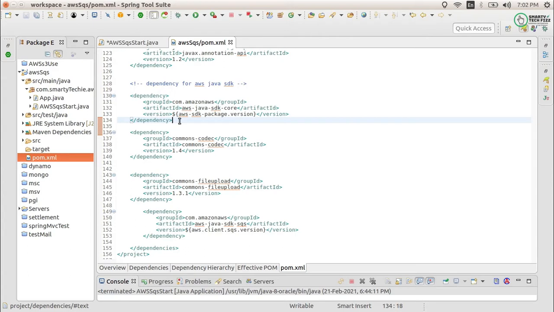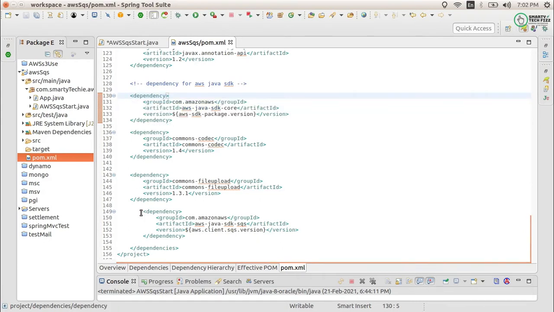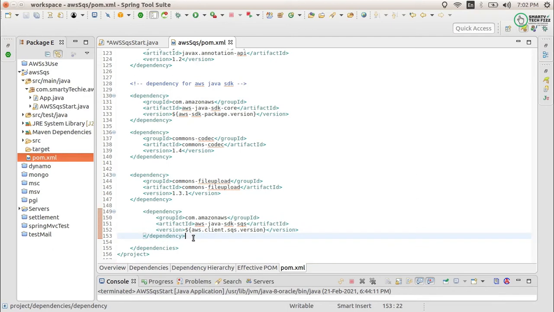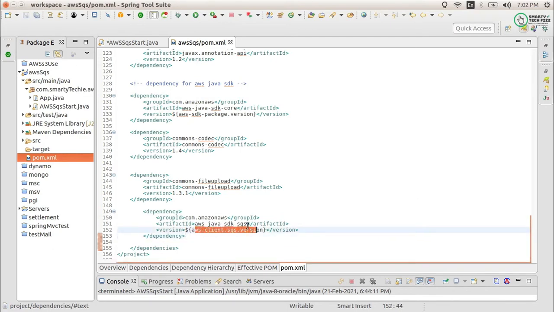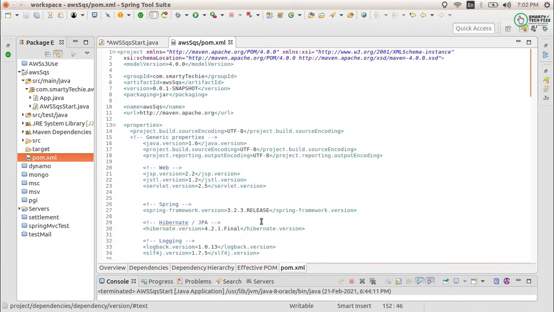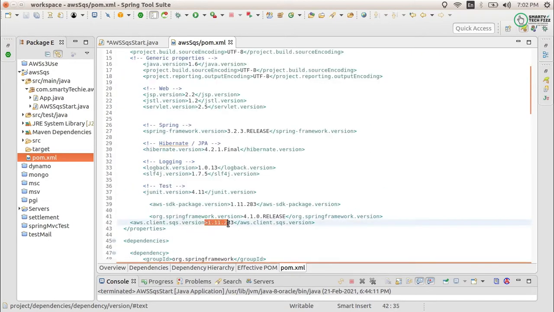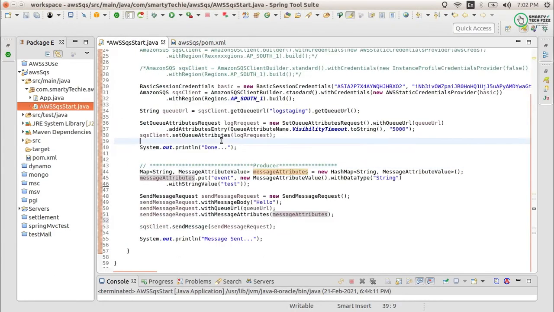Whatever service you are going to use from AWS, you have to add the core. Then you have to add the dependency for the service you are going to use. So this is the SQS service that we have to use. This is the version, and the version here is 1.11.283, this is the version I am using. So this is what I had to tell in the last video, but I forgot to tell you.